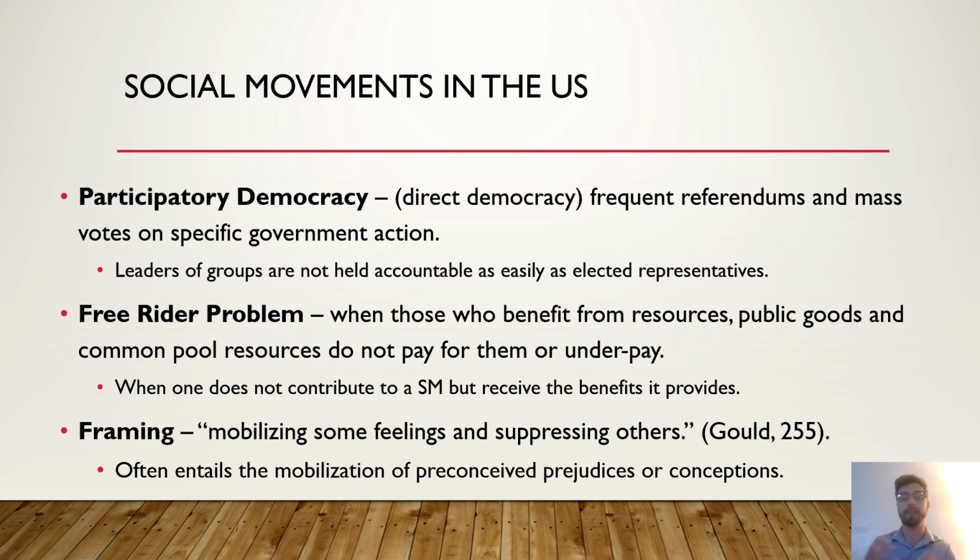I think the best and clearest example is the way we frame the policy positions regarding the Supreme Court ruling in Roe v. Wade and Dobbs v. Jackson as either pro-choice or pro-life. Well, the framing for either of those labels is one that mobilizes conceptions and prejudices of what one may perceive to be the ability to determine life or the ability to determine choice, which often discourages compromise and mediation between the two agencies.